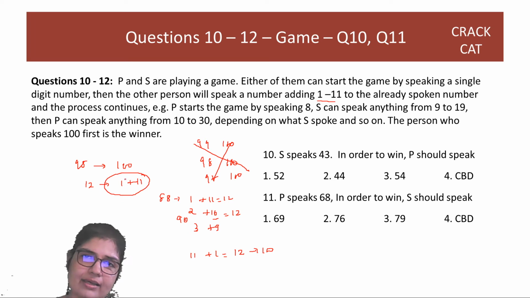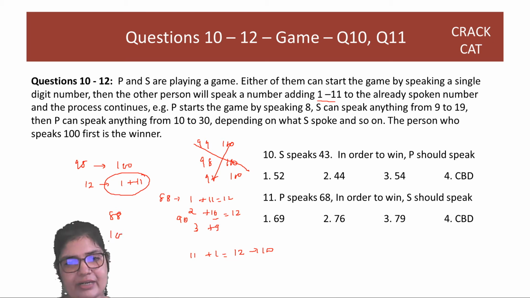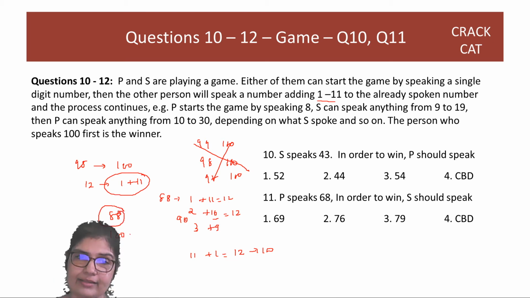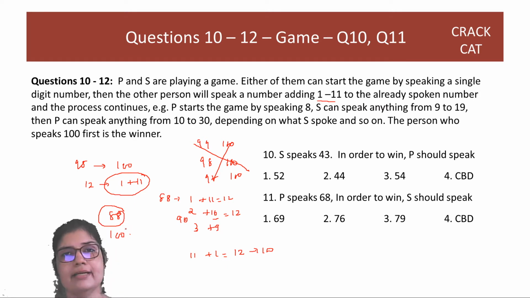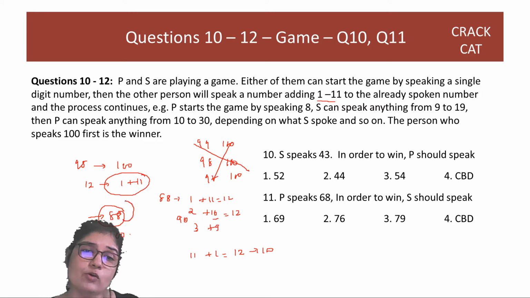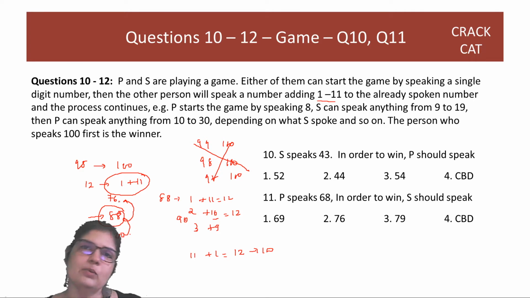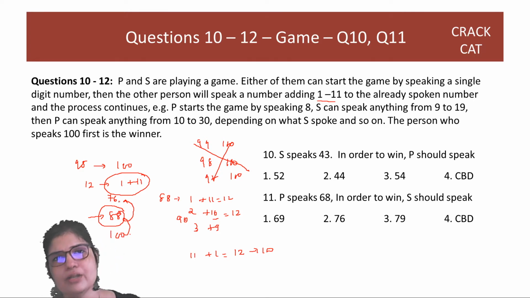So you have to start thinking in groups of 12. If I say 88, then next round I will definitely say 100. To say 88 then is like winning. Whoever says 88 will eventually say 100. Now, to say 88, what do I need to say one round before? Just as you subtracted 12 here, subtract 12 here too: 76. So if I say 76 and this guy says 80, I can just add 8 and reach 88, and then whatever he or she says, I will reach 100.